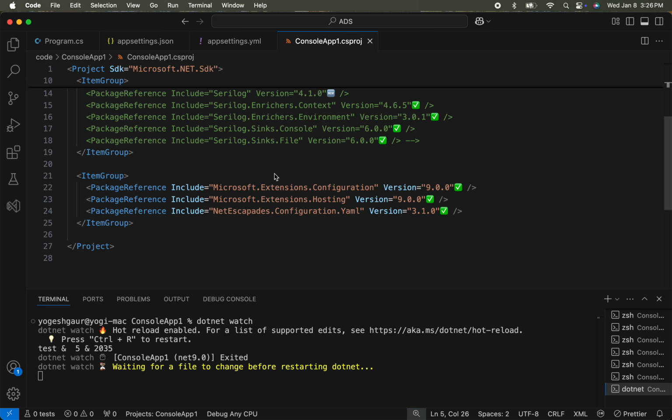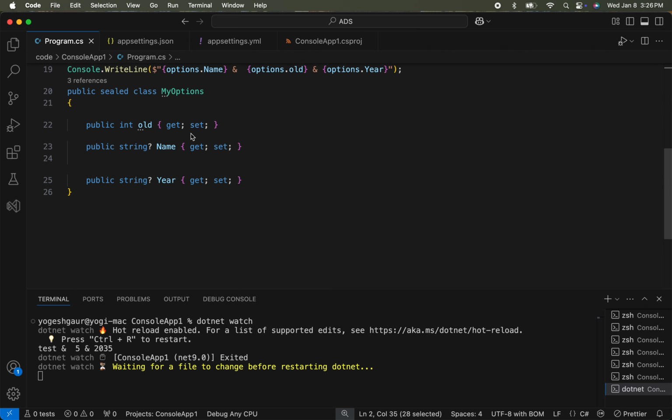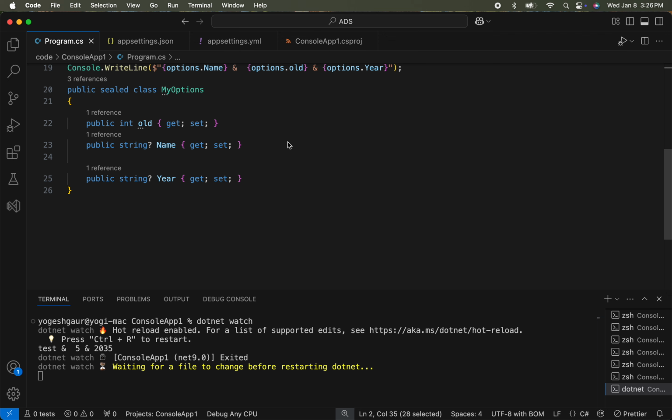So you can see it installed this package. I've also installed the hosting so we can get a host builder. And to use the YAML versions of the configuration, you can install this package, NetEscapades.Configuration.Yaml. So once you have all of that in your program, you can have strongly configured options basically which can